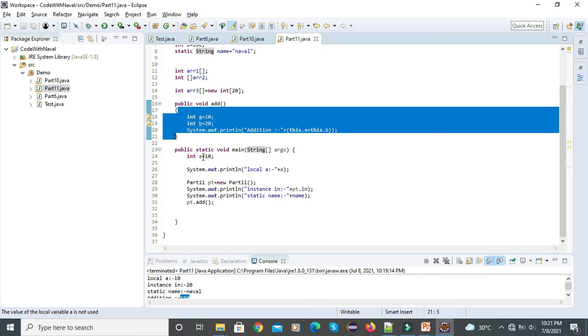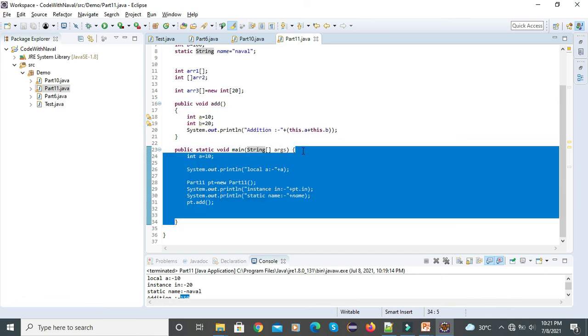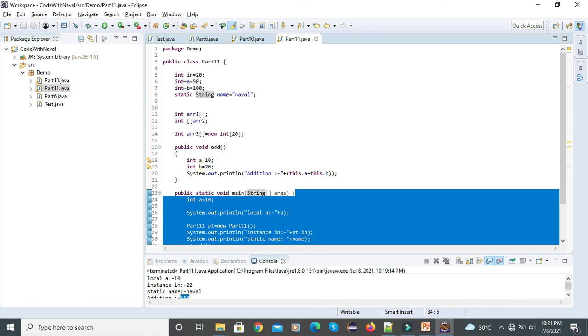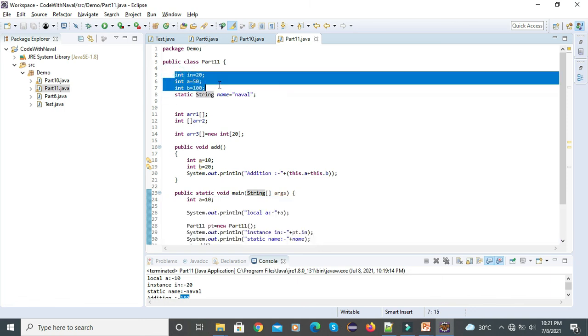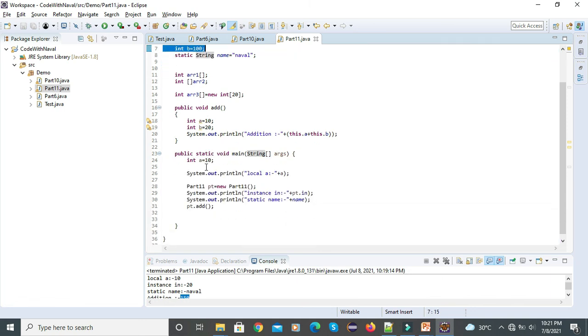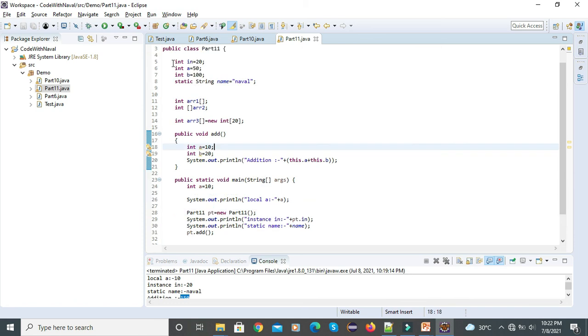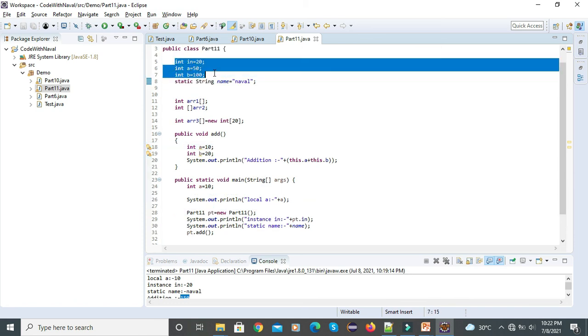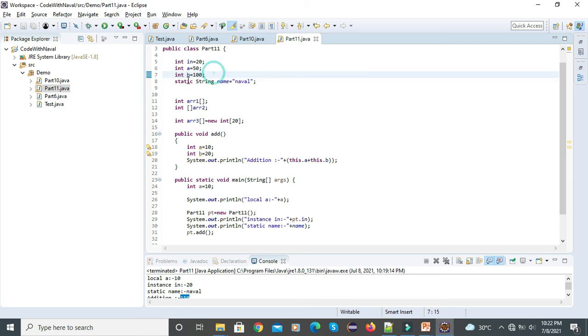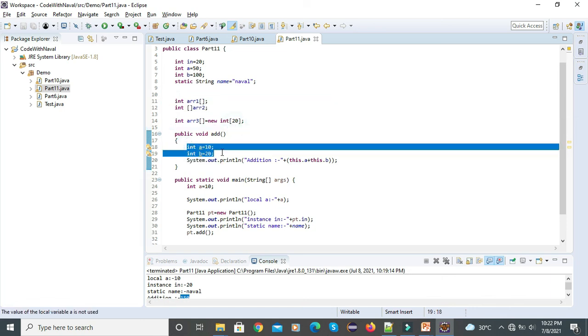You can see here we also declare a equal to 10, and we can access that variable only inside this particular method. Then this instance variable we can access, but for that we need to create an object. So depending on our requirement, we can use an instance variable, a static variable, an array, or a local variable.